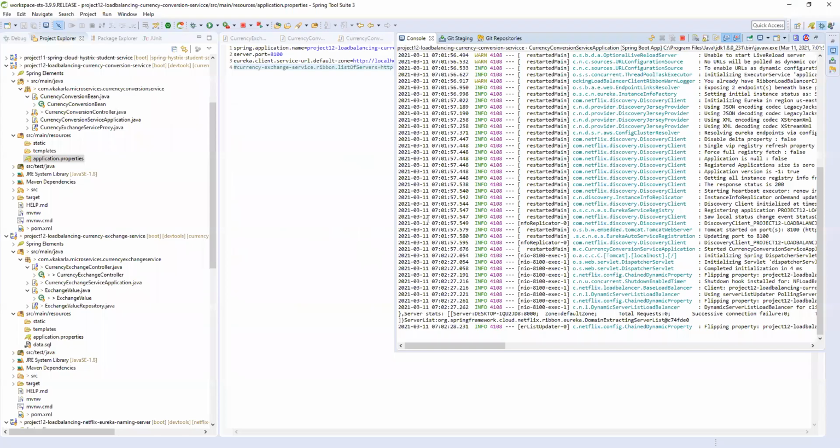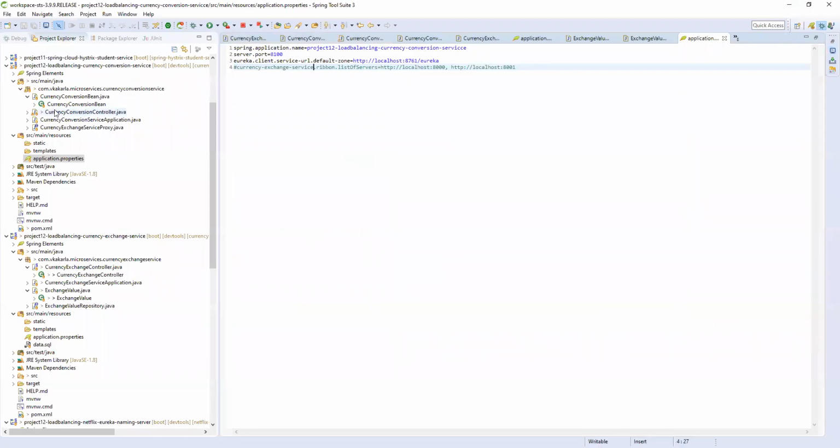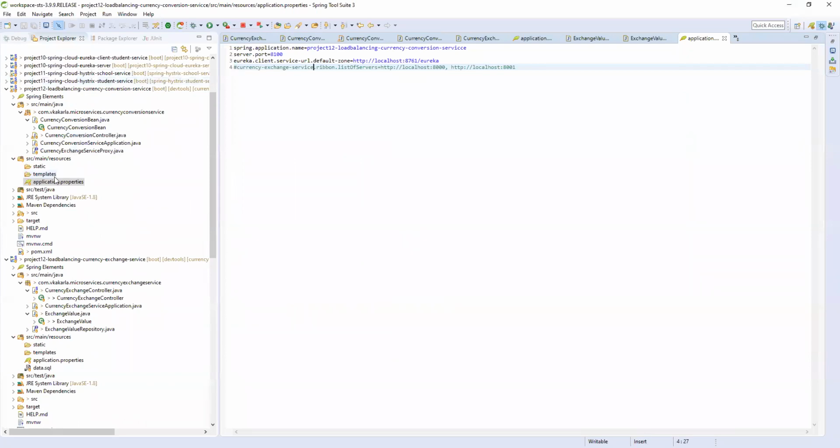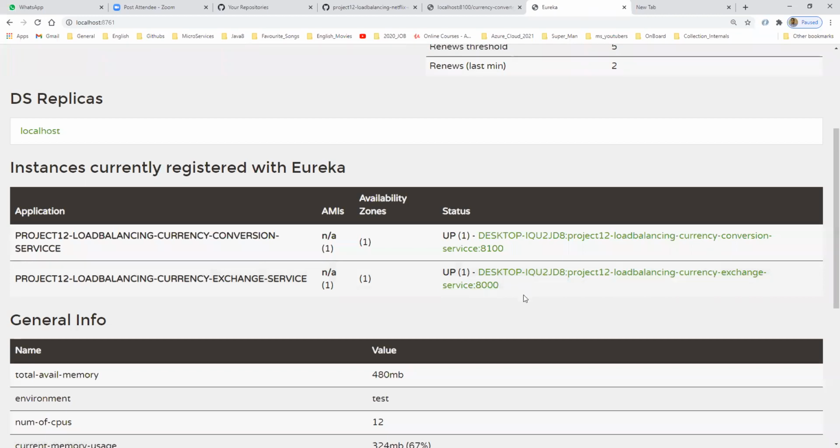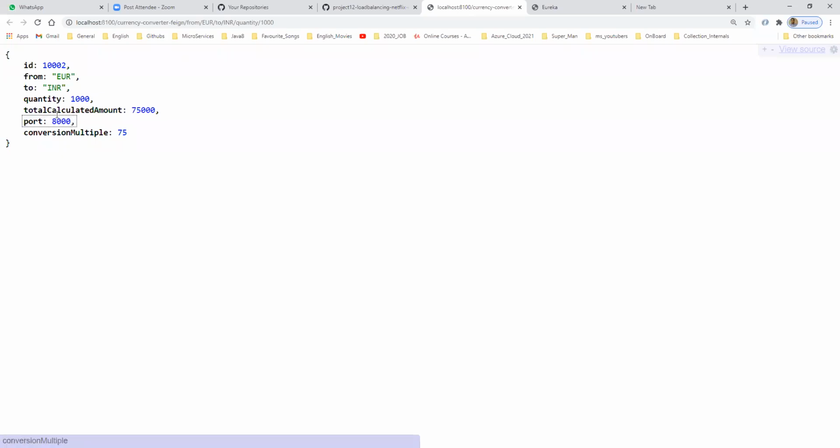Let me open here, currency conversion value and proxy. Fine. Here, if you see, the response is coming from port number 8000. If you see the Eureka server, we are running only one instance, so we are getting the response from port 8000 only.